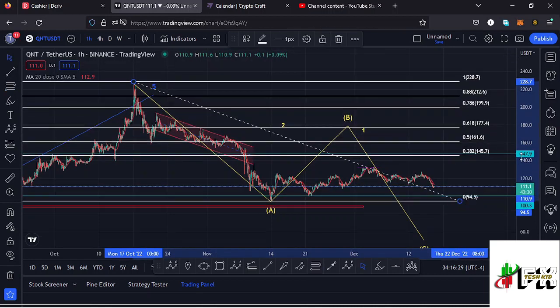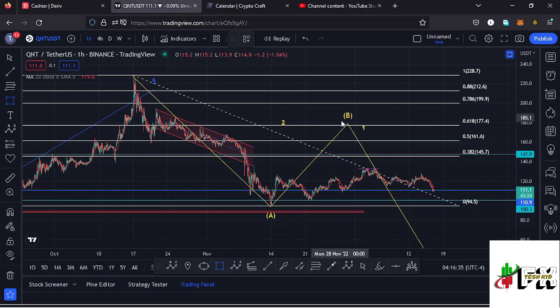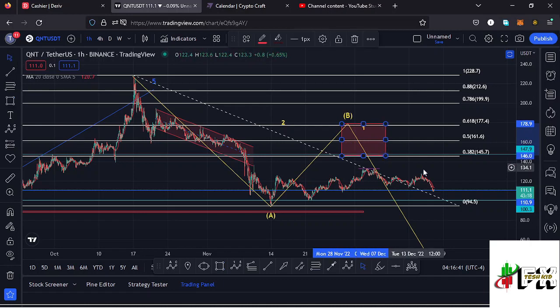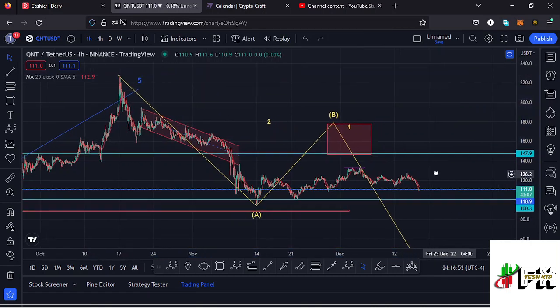That gives me a minimum retracement area to the upside in the formation of that wave B between the fib level 0.5 and the fib level 0.382. That is between the fib level 0.618 and the fib level 0.382, which perfectly lies between the $145.7 mark and the $177.4 mark. And this first possible way of having this ABC corrective structure suggests that Quant might continue pushing a